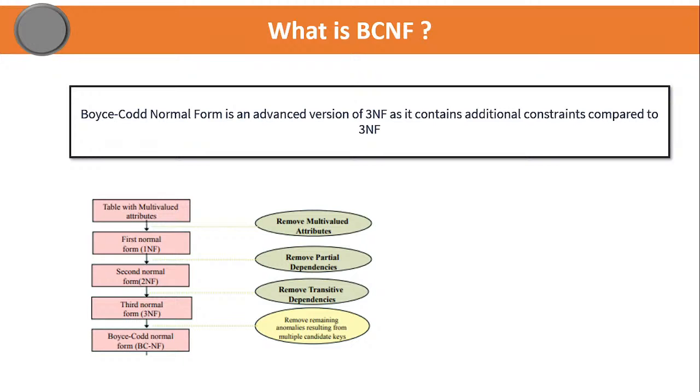Now, applications of general definitions of 2NF and 3NF may identify additional redundancy caused by the dependencies that can violate one or more candidate keys in a table. However, despite these additional constraints, dependencies can still exist that will cause redundancy to be present in 3NF relations. So this weakness in 3NF resulted in the presentation of a much stronger normal form called Boyce-Codd normal form,